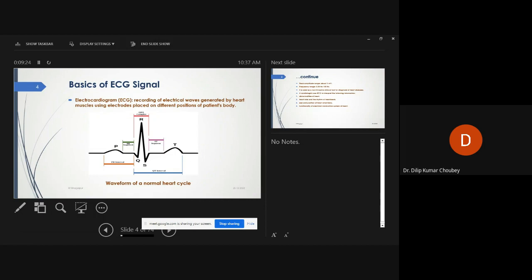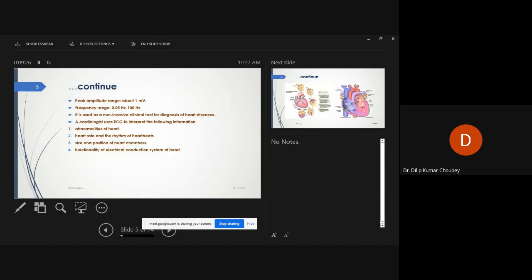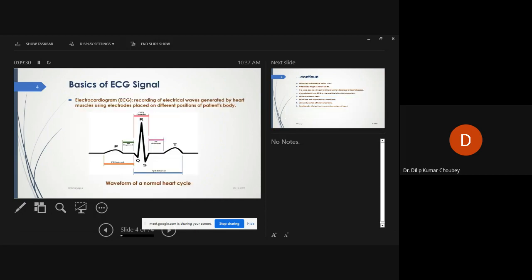ECG, and here if we tell you what the peak amplitude is, you can see here R is the maximum amplitude. So that is called